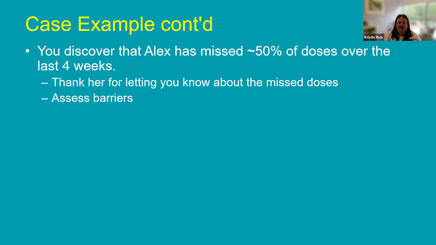So I know we are quick to jump into the fixing and problem solving, but we want to reinforce that she was brave enough to talk to us about her adherence issues and validate her struggles. And then your next step would be to go in and assess the barriers. This is the point of saying, okay, what's getting in the way? What's making it hard? And seeing if she can give you some information.